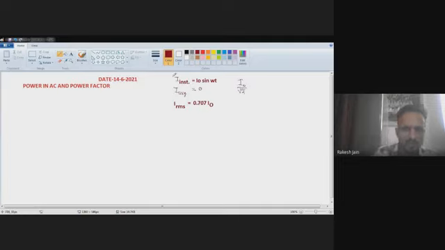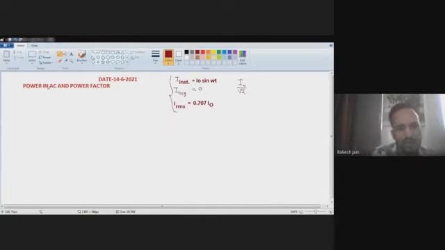So these three values are related with the AC current. Here I use I, that's why it is current. Otherwise, if I use V, then the instantaneous value of voltage is V0 sine of omega t. The RMS value of voltage, VRMS, is equal to Vm upon root 2 or V0 upon root 2, or 0.707 Vm or 0.707 V0. V0 and Vm are nothing but the magnitude, whatever abbreviation you choose.